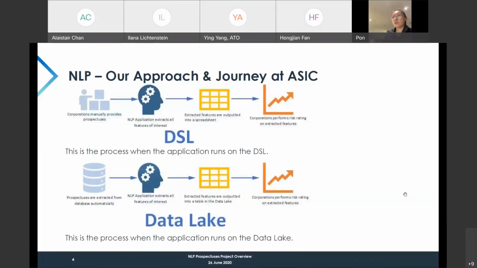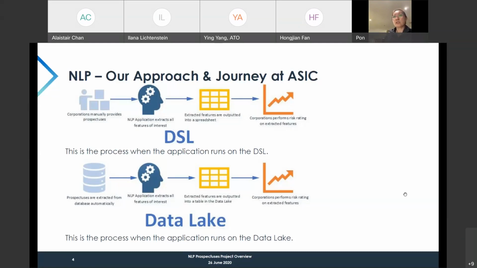can pick that up and actually use it as part of the flow process or BAU process. So we started out developing the solution as a tactical solution in the DSL, mainly to give corporations teams something to use. And our long-term goal was really to actually move that solution into a proper environment in the data lake, which was being built during the time that we actually started building the solution for corporations in the experimental